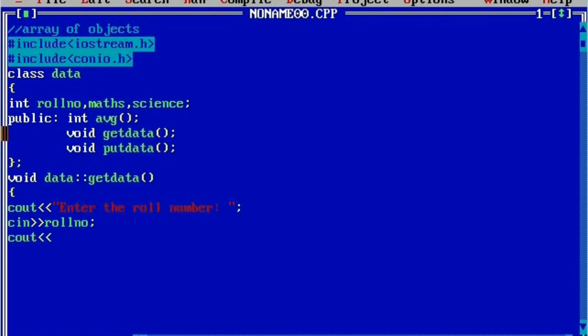Next cout, enter maths marks. Next cin, here we'll enter maths. Next we'll receive the marks of science.